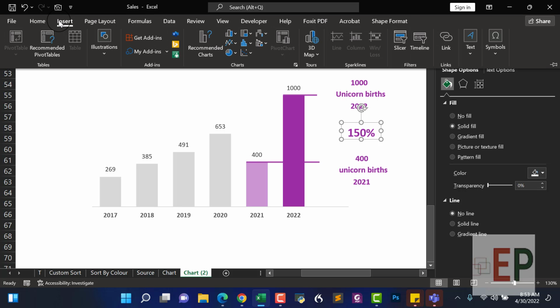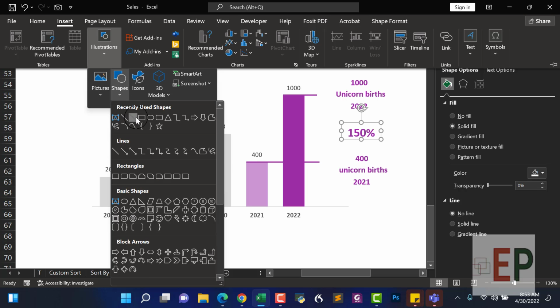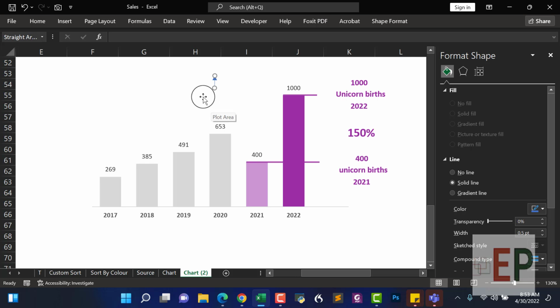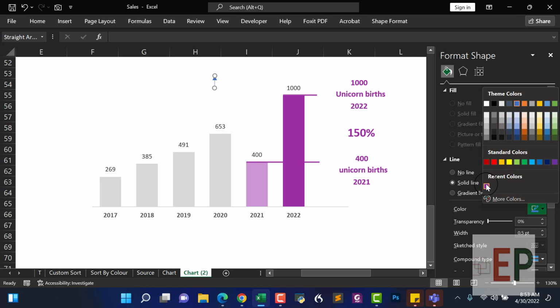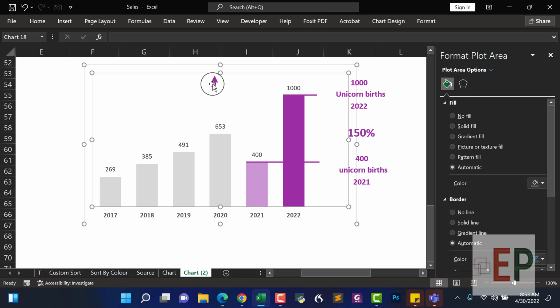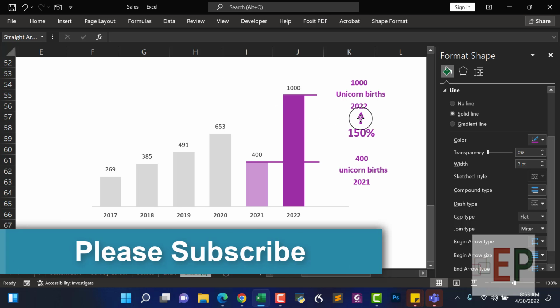I'm going to insert some arrows there. Go to illustrations, go to shapes, then look for this arrow. I'm going to draw this arrow. I want it pointing up. Let's do some formatting here. Let's make this a bit bigger. I'm going to move this and put it here to say that we are moving from this position